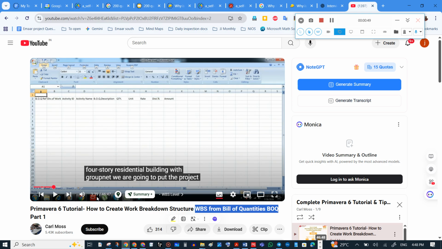What is showing here? We have created an Excel file. It has some BOQ columns: BOQ reference, division of work, activity ID, activity name, BOQ description, quantity, unit, rate, distribution percentage, and amount.